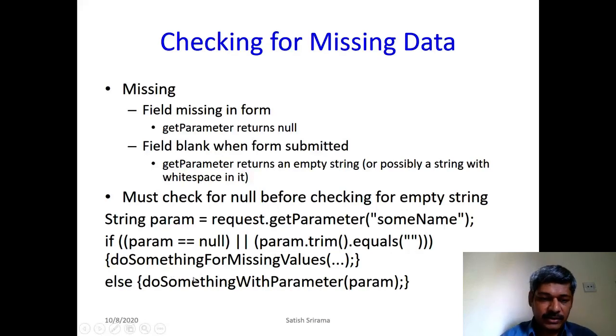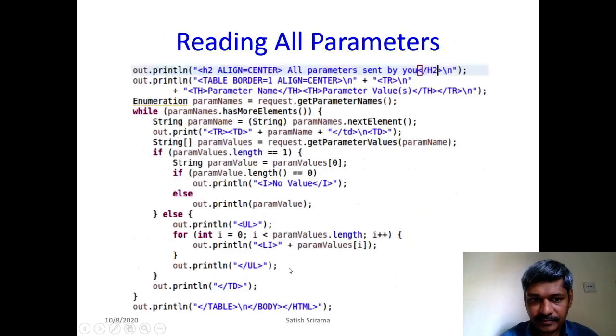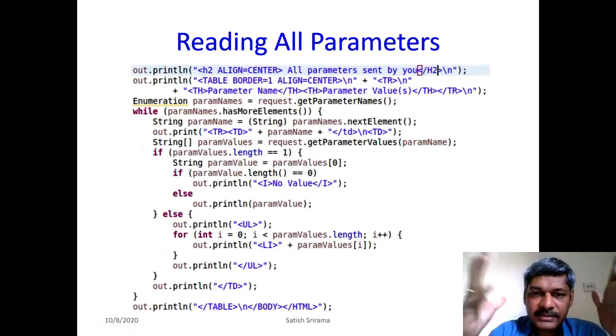Okay, then you can do something for missing values. Or else you can do if not. Basically that means some value is added, then you can actually do something with that parameter. So you always have to do these sanity checks regularly. Great. That's about reading one